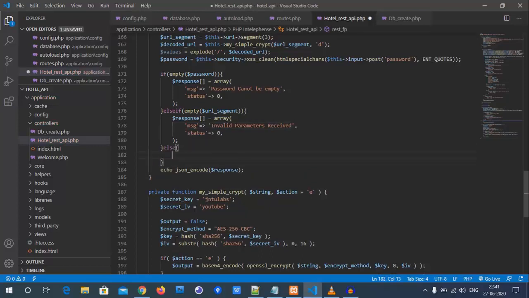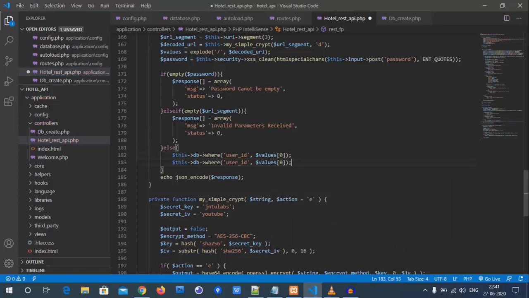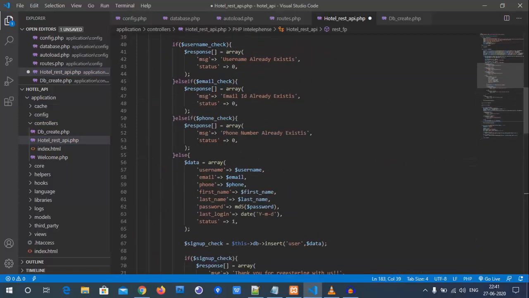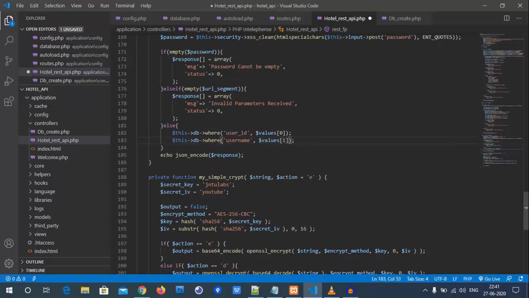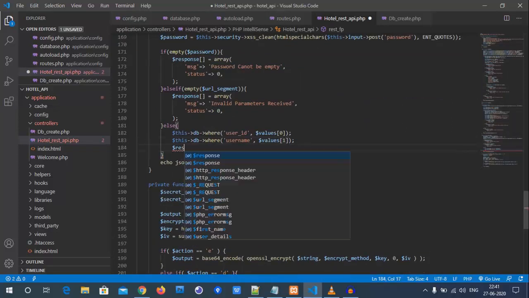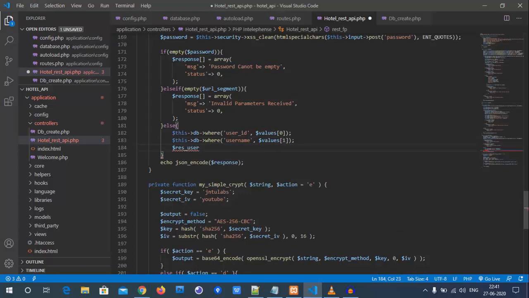I have not done it yet, but now we will check whether these values are present exactly or not. So here this db where user id is equivalent to values of 0, which is the very first one, and the second one will be username, because it was encoded, that's the reason we are taking it.